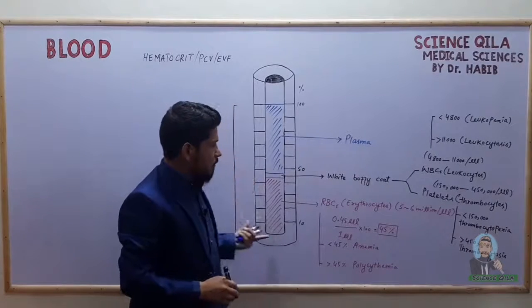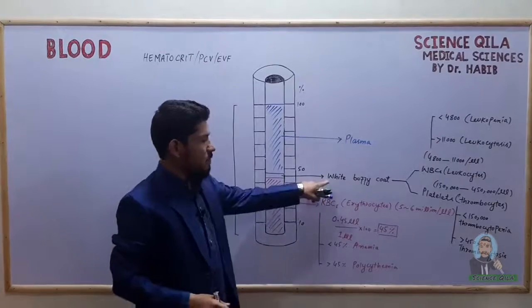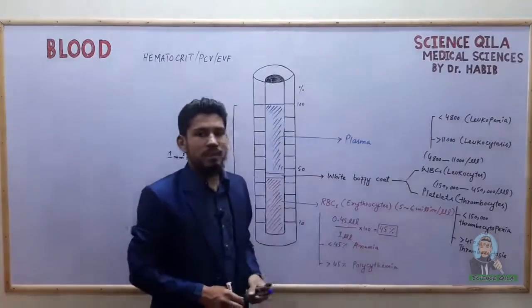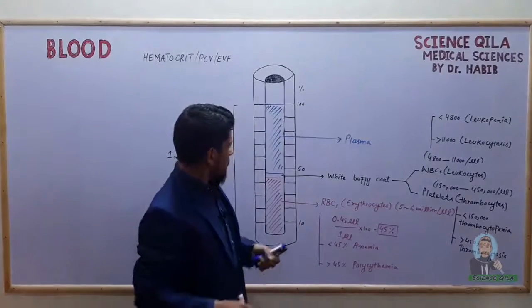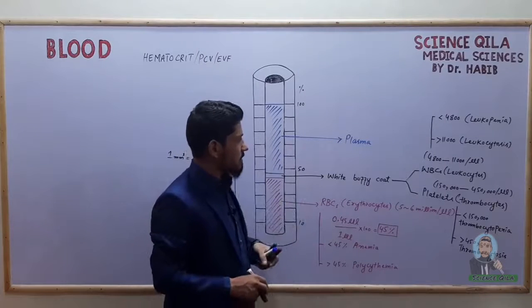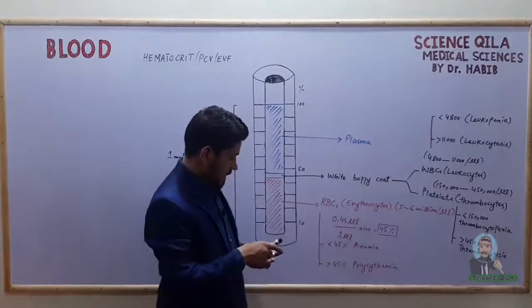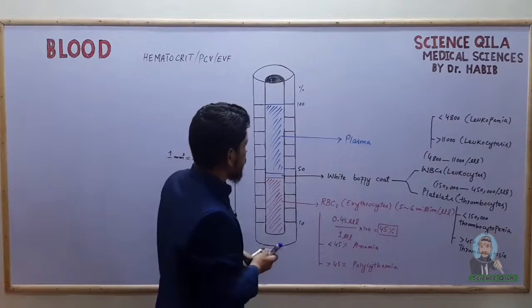So here we have covered the two things, the RBCs and the white buffy coat. RBCs, platelets and WBCs are actually the formed elements of the blood. Okay, the next layer here at the top, that is the less dense part of the blood, that is plasma. The composition of the plasma in 1 microliter is around